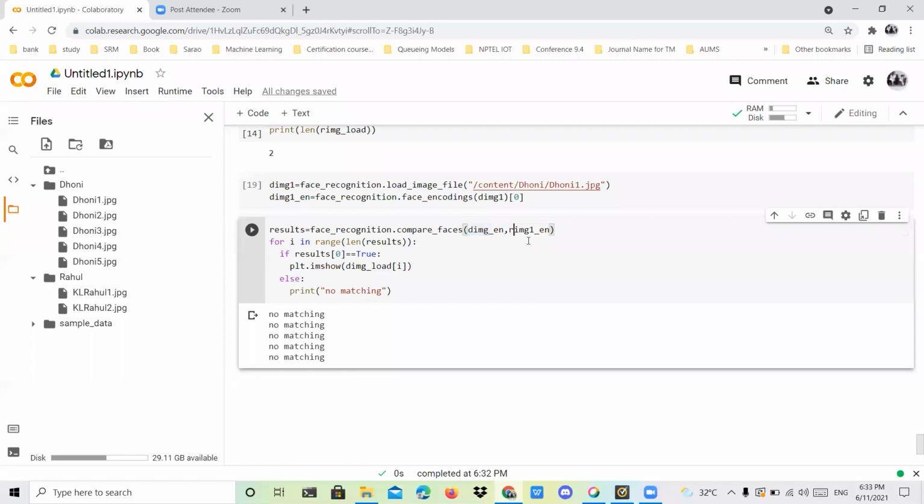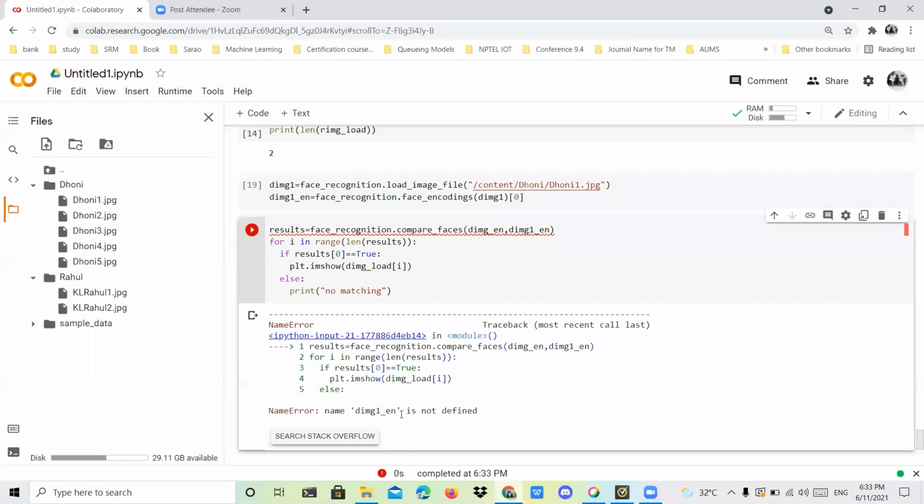Now you can check it. I'll change it to a Dhoni image and check the image encoding.